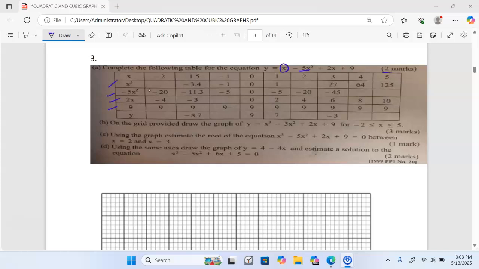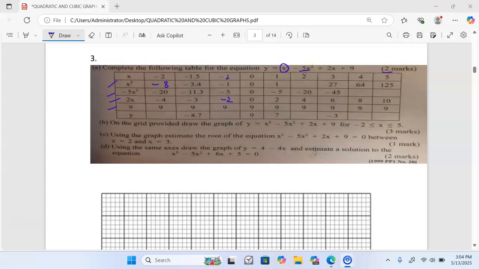For example, when x is -2, then x cubed is going to be -8. Then if we have 2x here and the value of x is -1, then 2 times -1 you'll get -2 here. And if the value of x is +2, then we are going to have -5 multiplied by x squared, and x is 2, and this one is going to give us